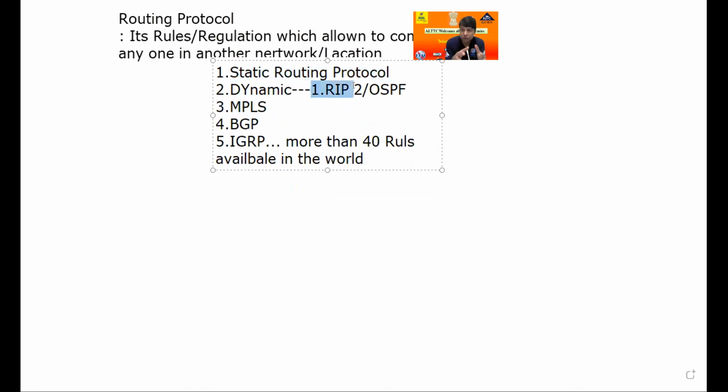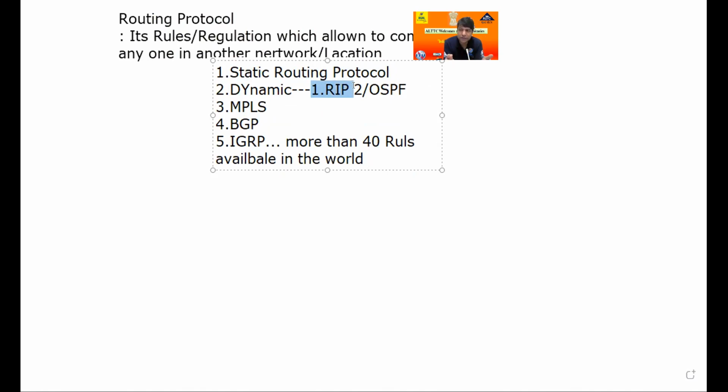I request all of you, please try this on your Packet Tracer. If there is a problem, share your screen and I will sort it out.